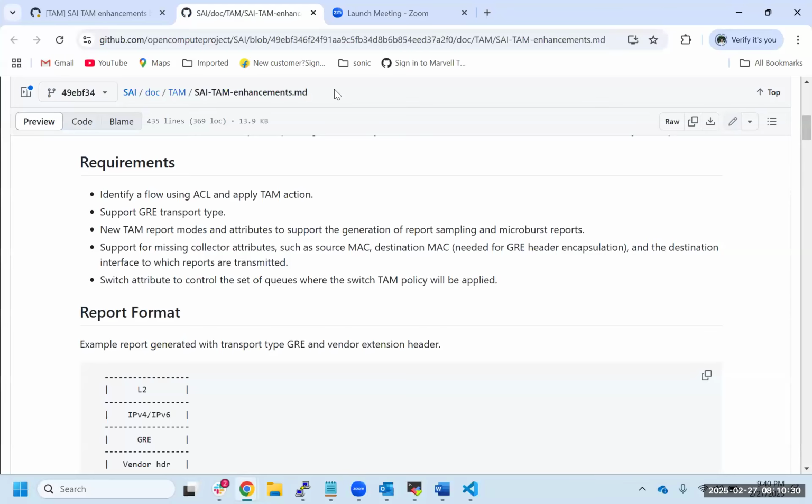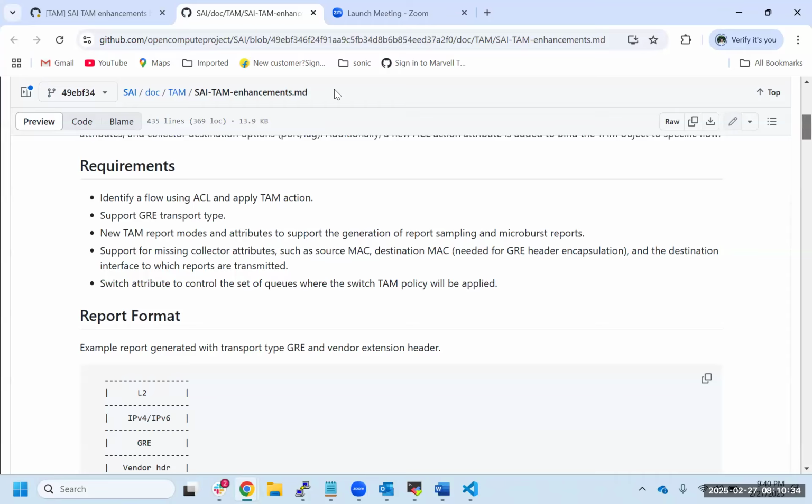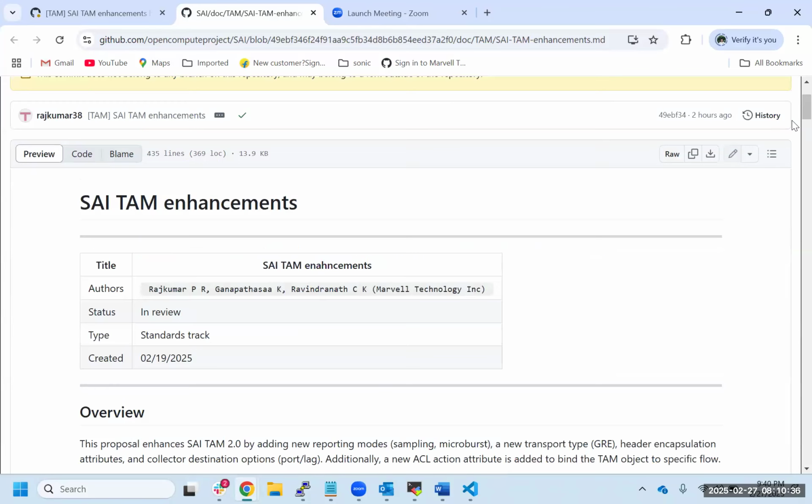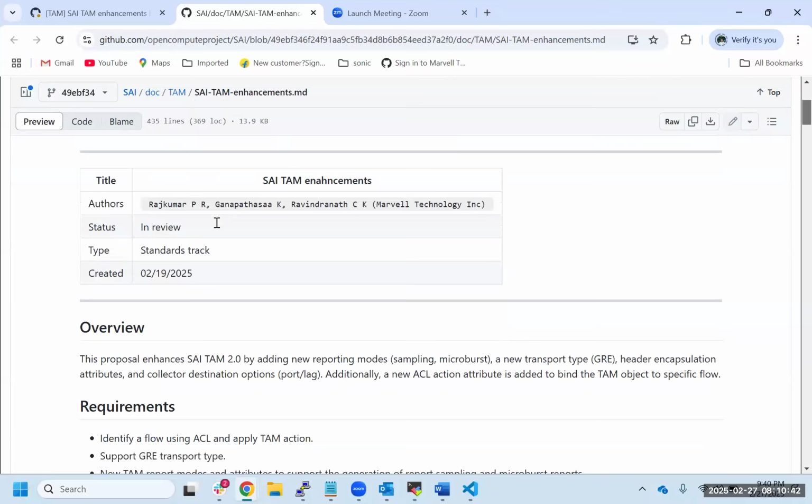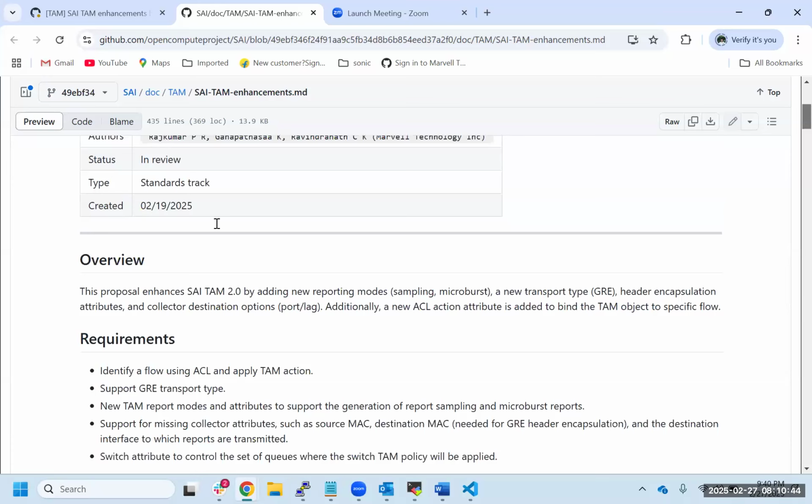Okay. So in this proposal, we would like to add some enhancements to the existing sitetime spec. The first use case is that you want to classify a flow and apply a time object as an ACL action.